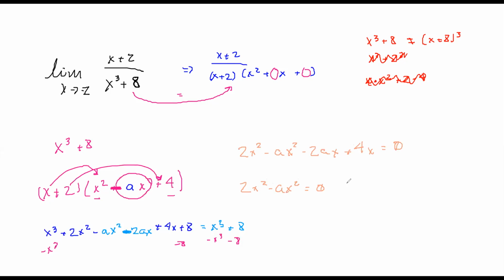And then I'm also going to say that -2ax plus 4x is equal to 0. So here a is equal to 2, and here a is equal to 2. And we know we did it right because a is the same. If a were different, we'd have screwed something up. But it's the same. So putting back in for a, you get 2. This is 2x, and this is 4. 4 times 2 is 8.